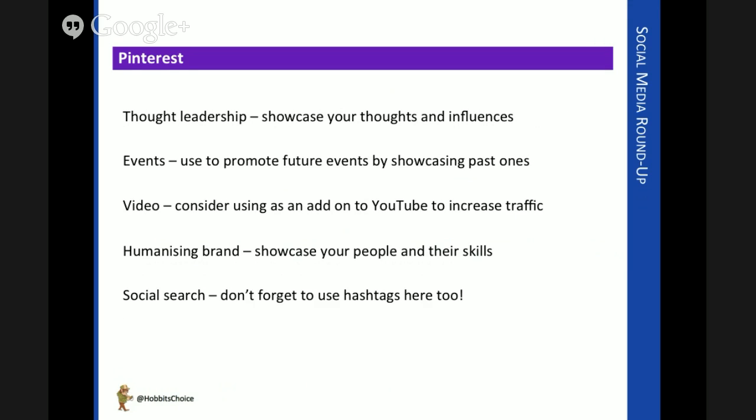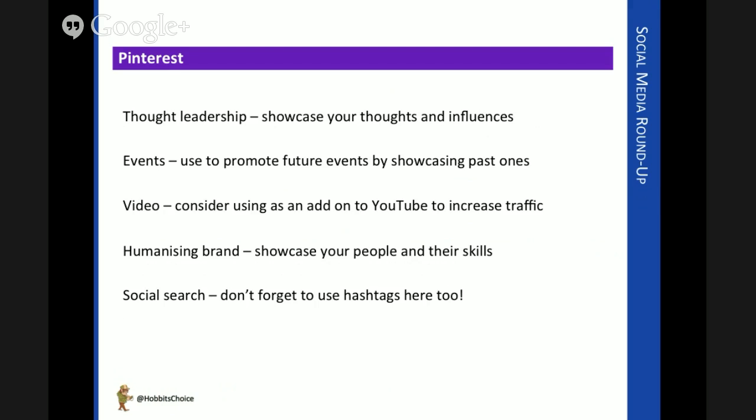It's great for a variety of uses. For leadership, you can showcase your work, your thoughts, your ideas, and key influences. You can become a third-party influencer through Pinterest and the traffic you divert to others, better than most other mediums apart from perhaps blogging. Pinterest is great for events.